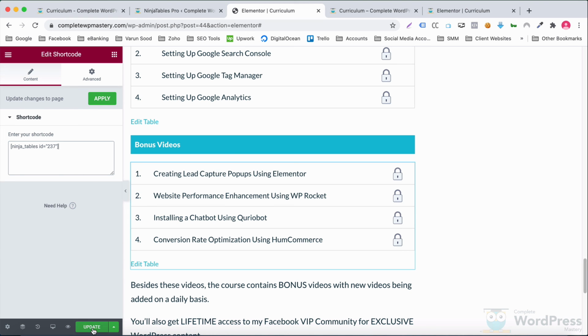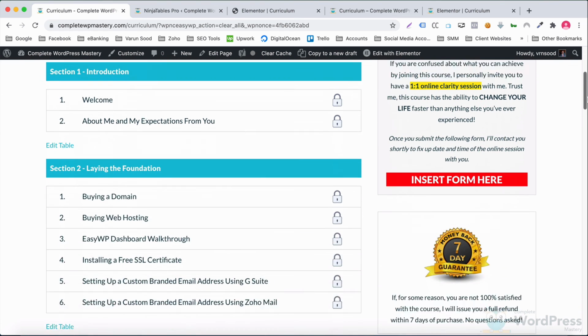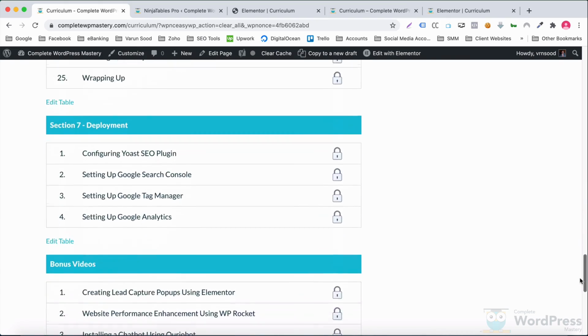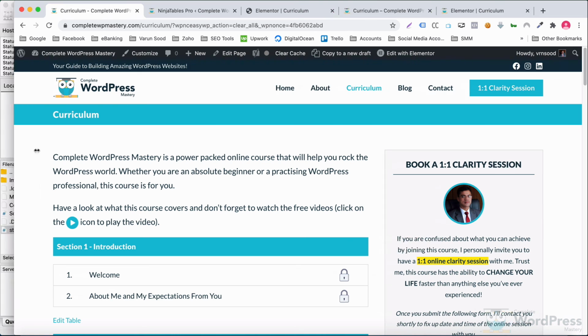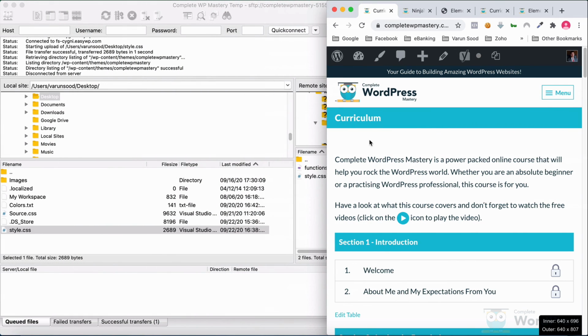Hit update and reload the front end. The page looks perfect. It is fully responsive and the tables look great on all devices.